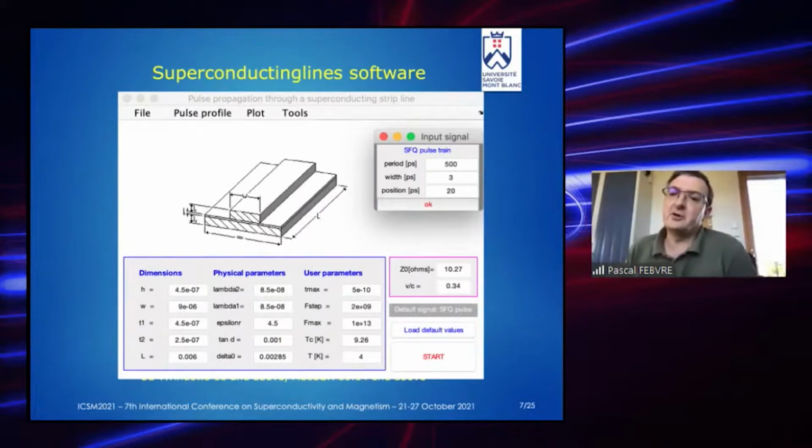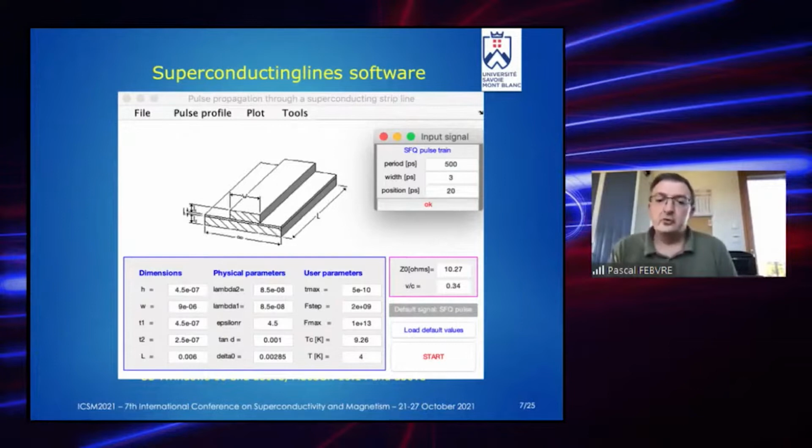We can put an SFQ pulse, but we can put also other kinds of signals like solitons, Gaussian pulse, and different sinusoidal signals, of course, and all kinds of other things. I just show you the interface with an SFQ pulse, where you can choose the dimension of the line. You can choose a physical parameter. It means London penetration depth on each superconductor for microstrip line. Dielectric constant of the insulator between the layers, the tangent delta, which is the losses of the insulator at high frequency, and